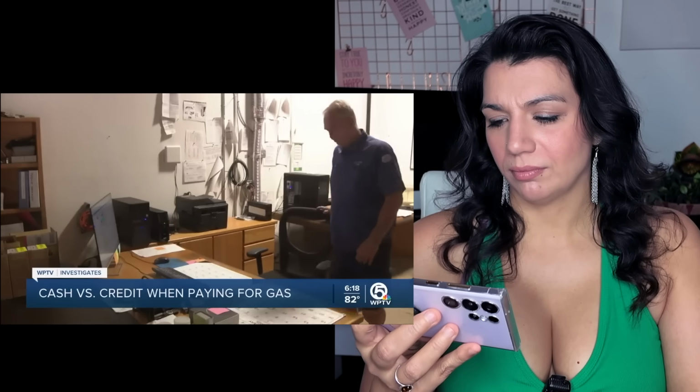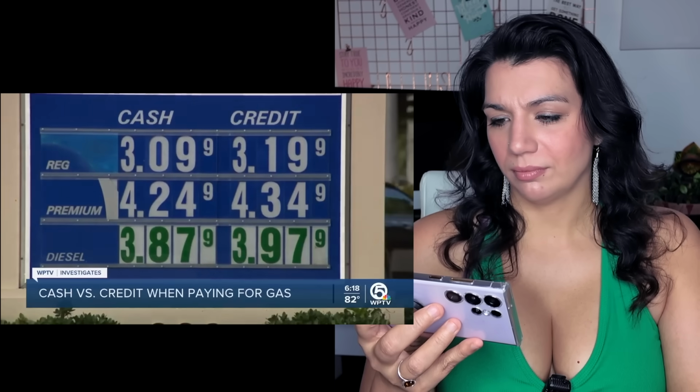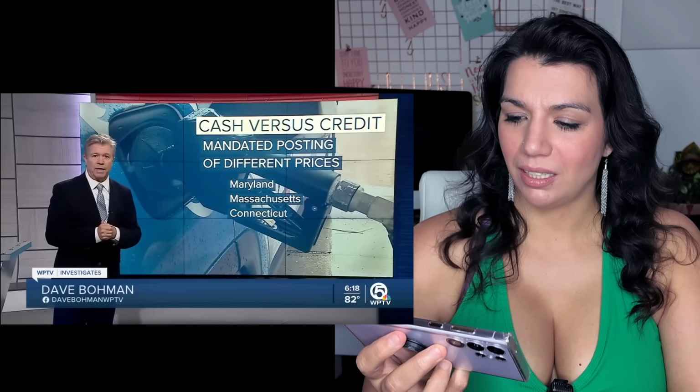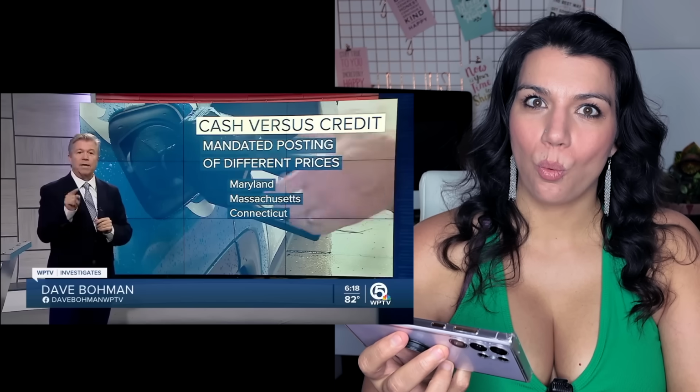Pat Igo makes sure his crews never go back to stations that charge $1 a gallon more. He doesn't mind the ones that add 5 or 10 cents a gallon to cover the fees credit card companies charge businesses. That's normal. That's what they should be charging. But when the discrepancy is $1 a gallon, there should be a law showing what they're going to charge you if you use a credit card. Only the states of Maryland, Massachusetts, and Connecticut mandate gas stations post cash and credit prices that a driver can